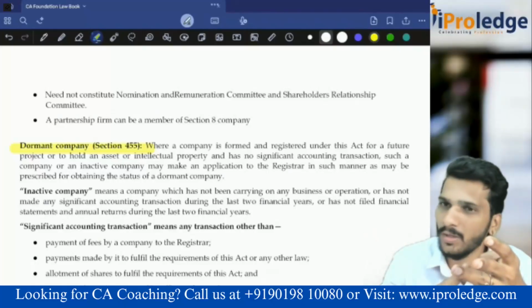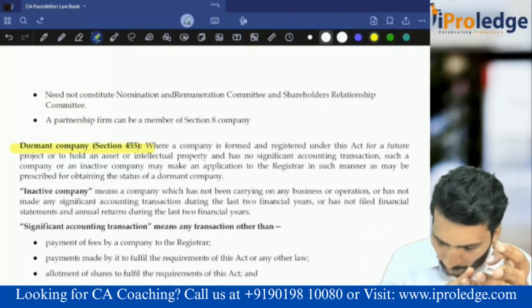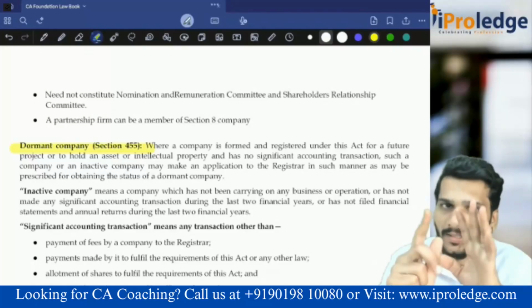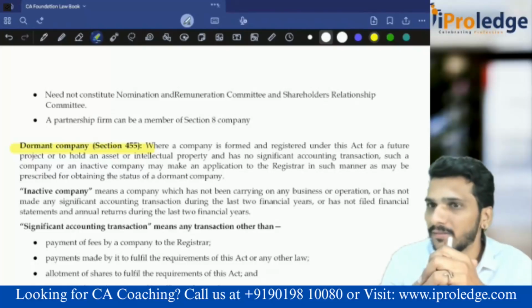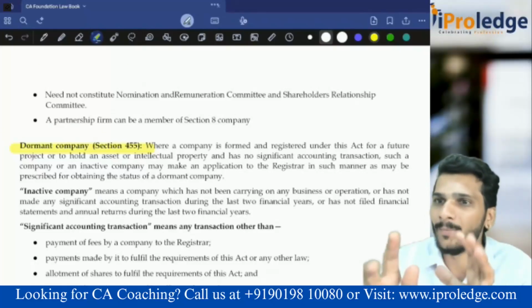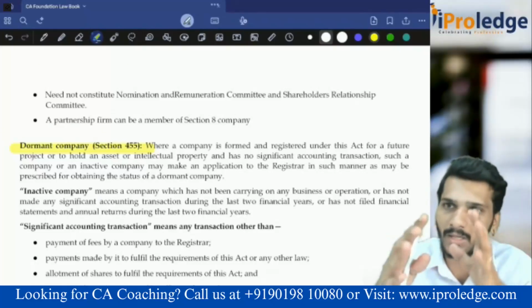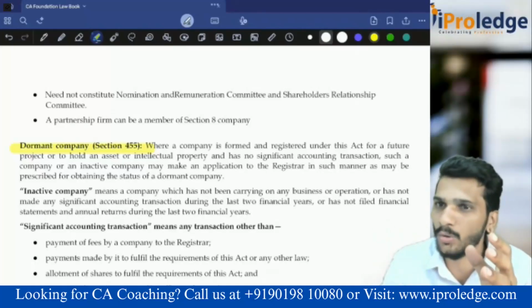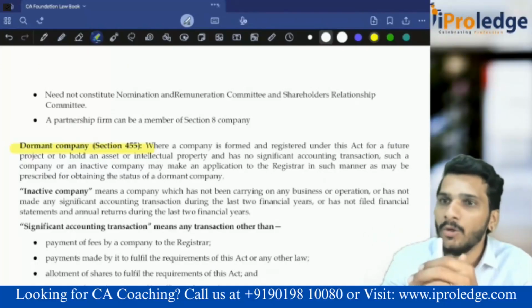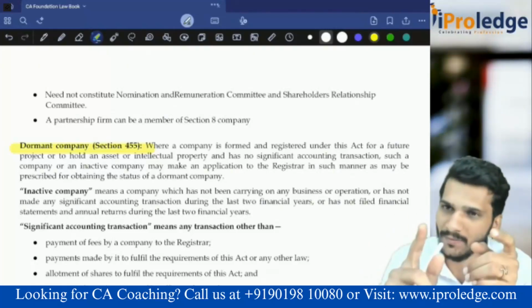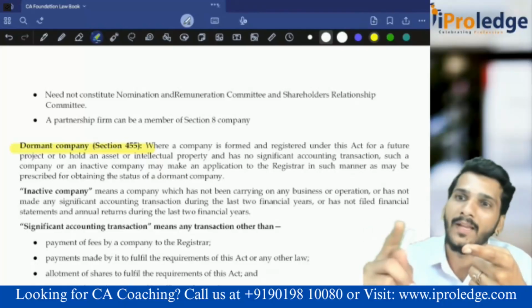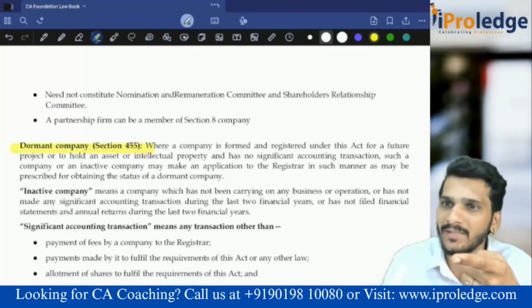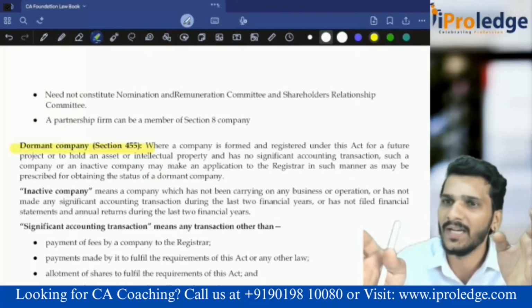shares to fulfill the requirements of this act, then payment for maintenance of office records. Because there is one condition: if you incorporate a company, you should compulsorily have a physical place of business. One office should be there. You can do business entirely online, but one office is there. Two, whenever I want to send a notice, where do I send? For receiving, for communicating, all those things, the company should have a physical place of business. Either you can have your own place or a rented place. If you pay rent, or pay salary to one person who is in charge of that office, that is okay. That is not considered a significant accounting transaction.